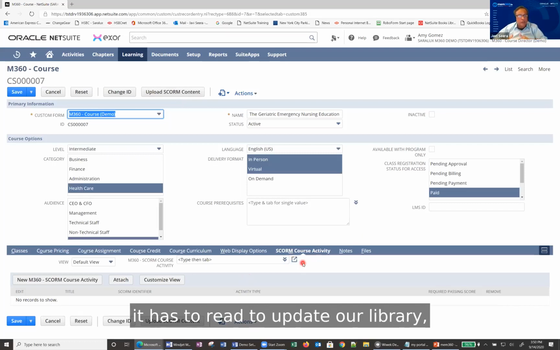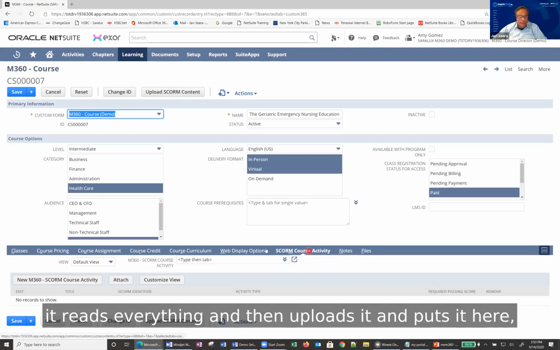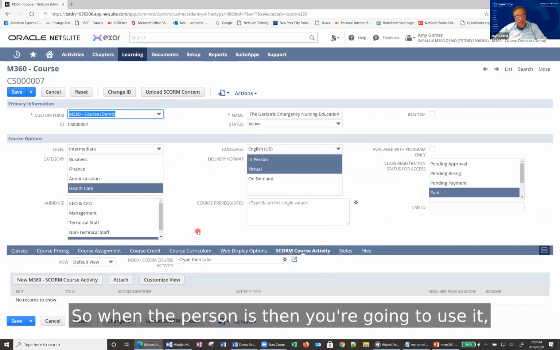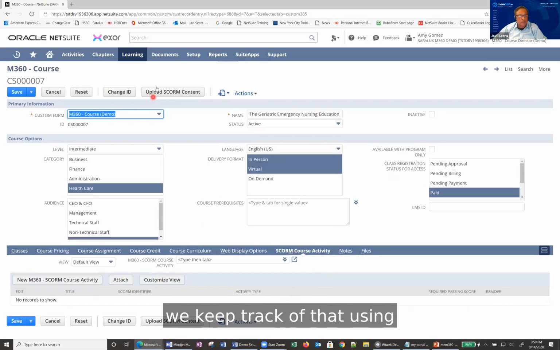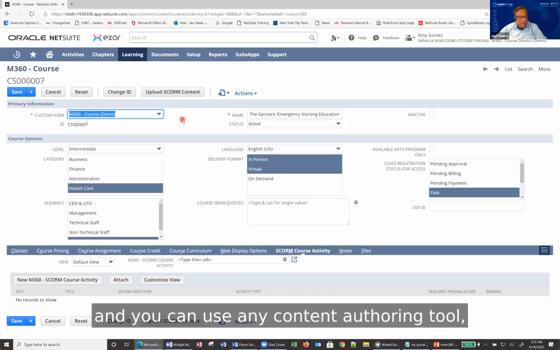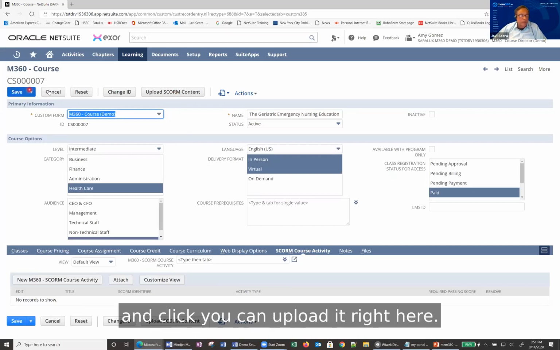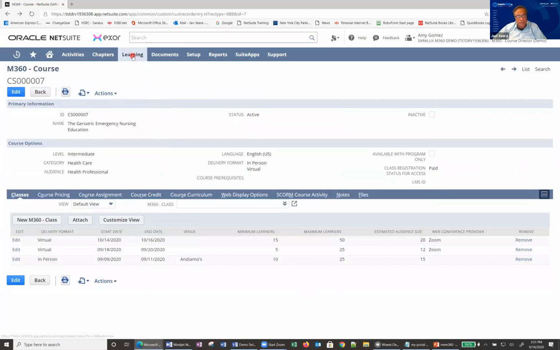It has to read a lot of internal stuff to update our library: all the tags, points and bookmarks. Then when the person uses it, we keep track of it based on how the SCORM content is designed. You can use any content authoring tool as long as the content is SCORM compliant, and you can upload it right here by point and click.